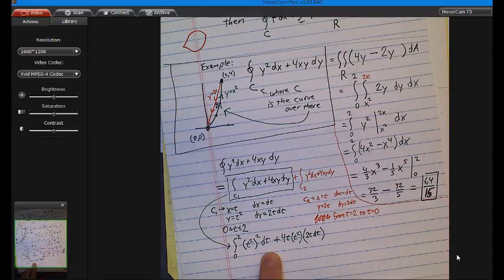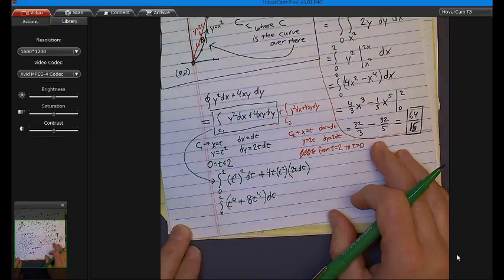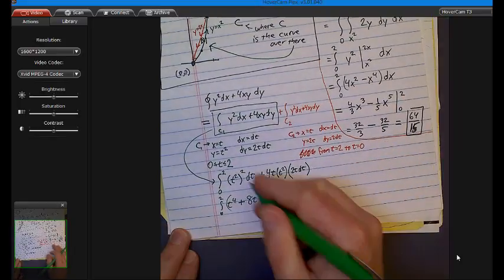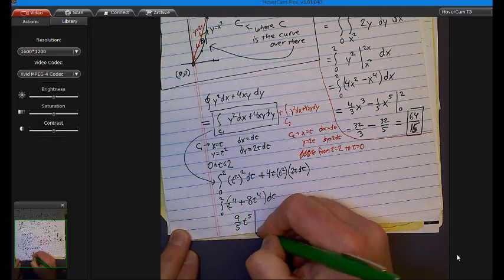I'll do it very momentarily. You just factor it out. Yeah, and it works perfectly, right? So you get the integral from 0 to 2 of t to the 4th plus, what would this be? 8t to the 4th? Is that right? Yeah. And then that's dt. So I'm integrating 9t to the 4th. All right. So when I integrate 9t to the 4th, it becomes 9/5 t to the 5th from 0 to